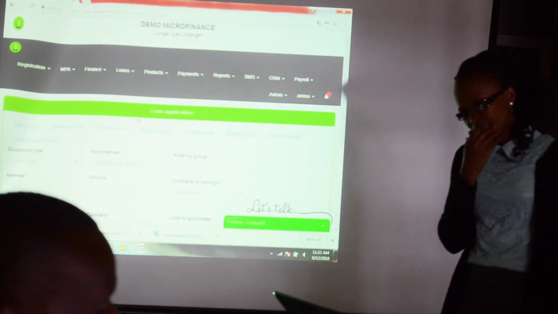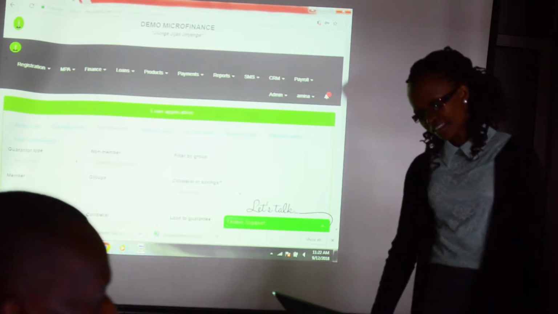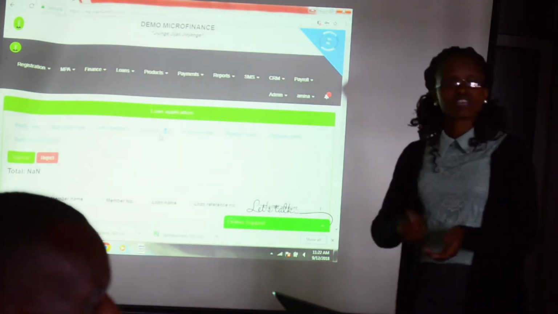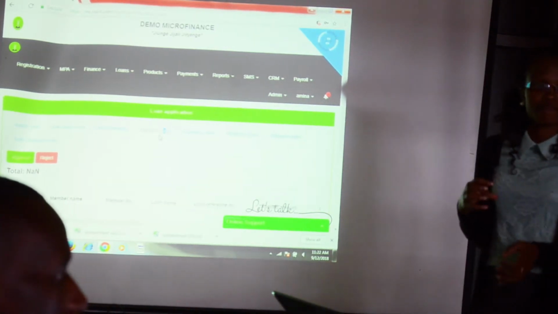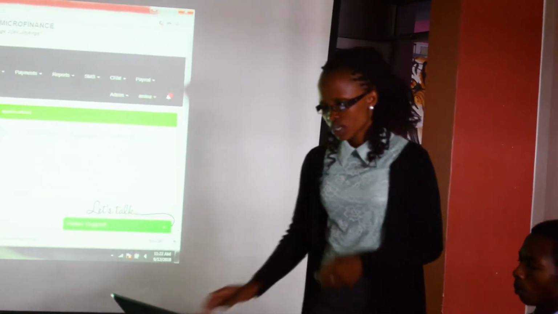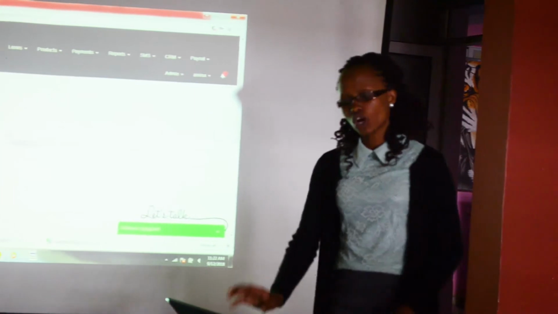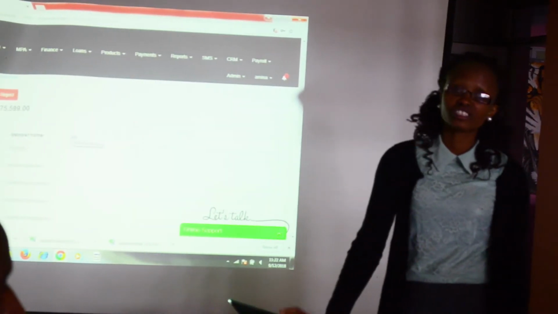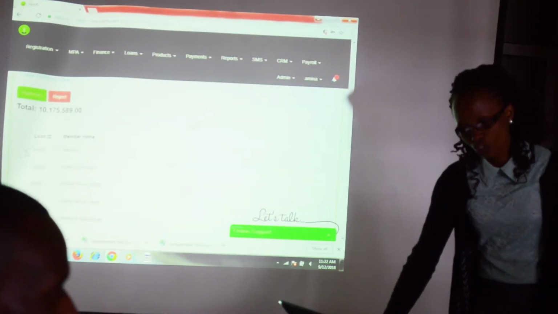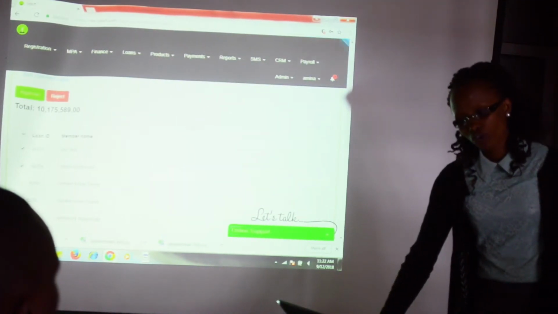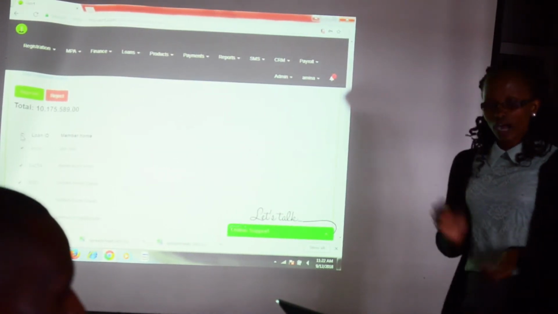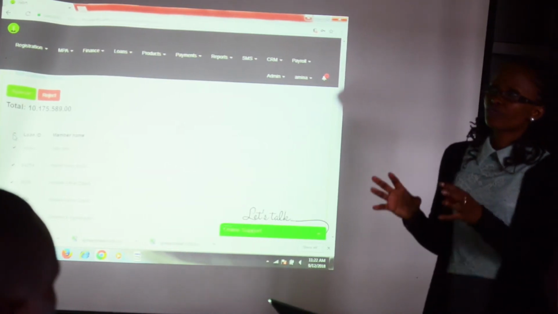Yeah, so after you have applied the loans, the next step of the loan application, if maybe the loan did not have a guarantor, you will go directly to approve loans. So after you have applied, all the loans will come here on this level of loan approval. So you will select which loans you want to approve. If you want to approve all of them, and we are saying the reasons for approval, the reasons for us to have